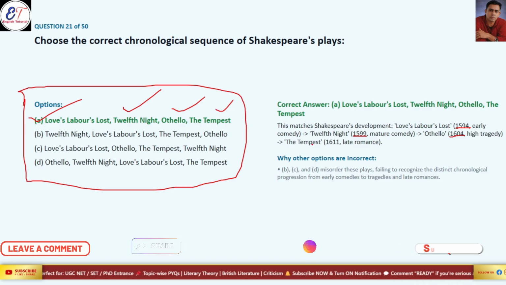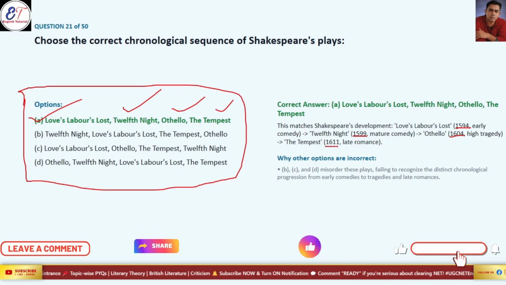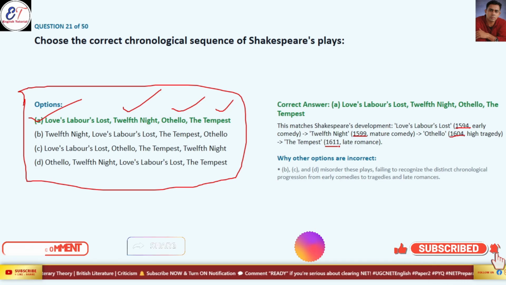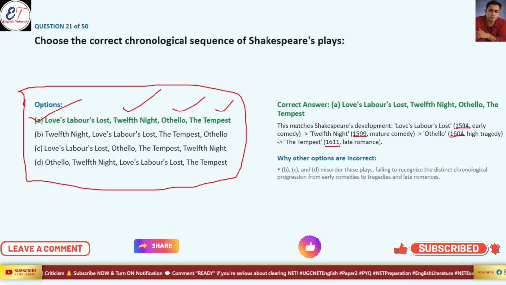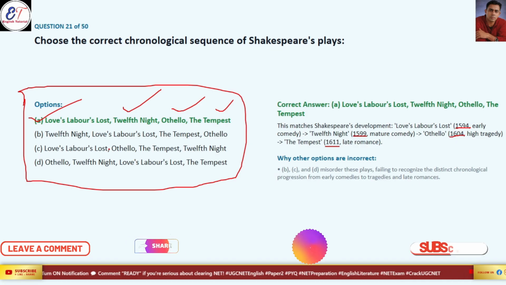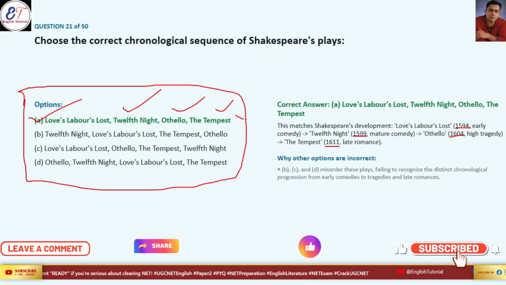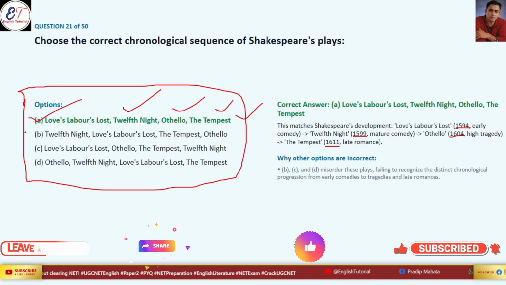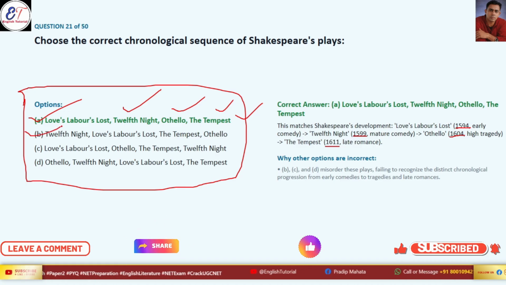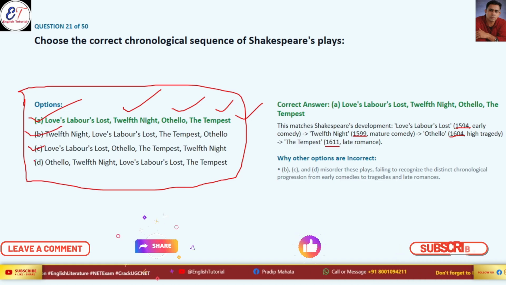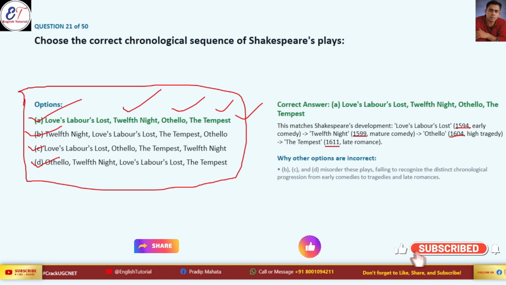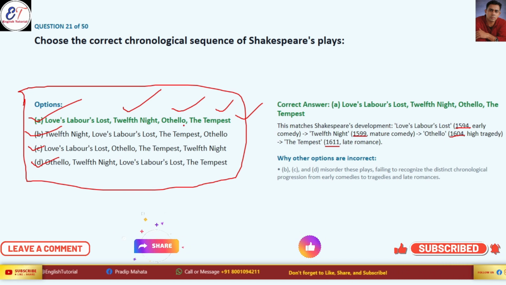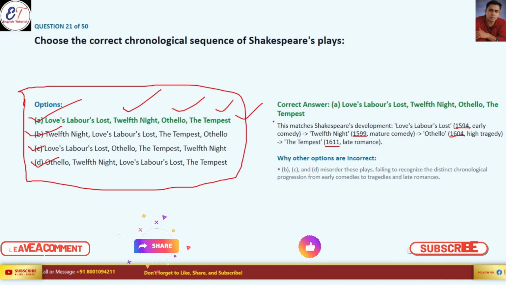Then The Tempest, published in 1611. So this is our correct answer. Let's see why the other options are wrong. Option B, option C and option D do not match the year sequence